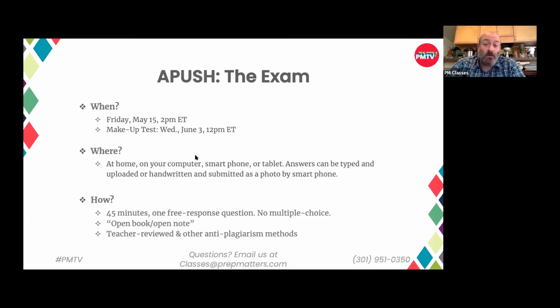I had in mind to do a polling question for this, but if you can use the Q&A, this would actually work well too. I'll just read them to get a sense of if you've already decided. Do you know if you're going to take the test on May 15th? You're thinking about June 3rd, you want more time to prepare, or you just don't know yet, or didn't even know that there was going to be an option? If you can use the Q&A, not only will that help me, it'll also help my colleagues as they offer other AP review classes as well.